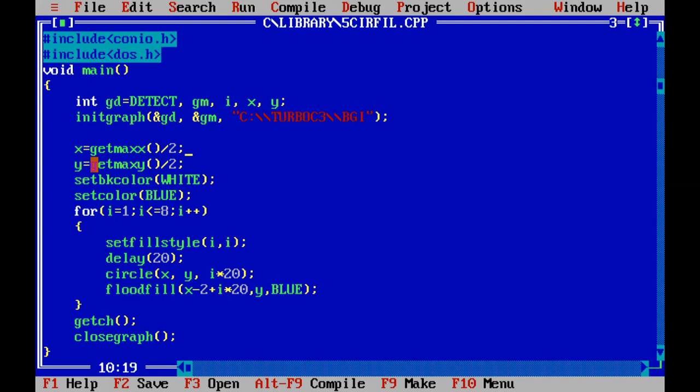Similarly, this function returns the maximum y resolution of the graphics output window. So x and y are determined, and x and y indicate the middle position of our graphics output window.